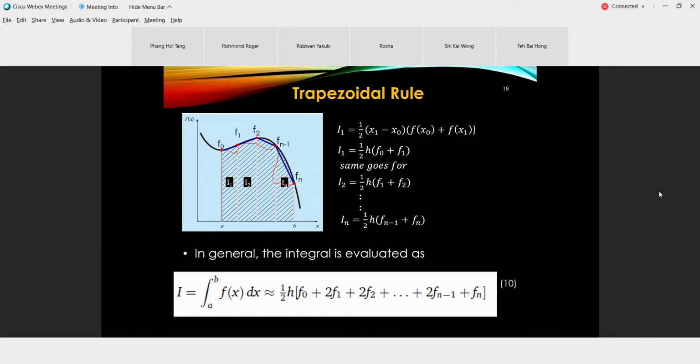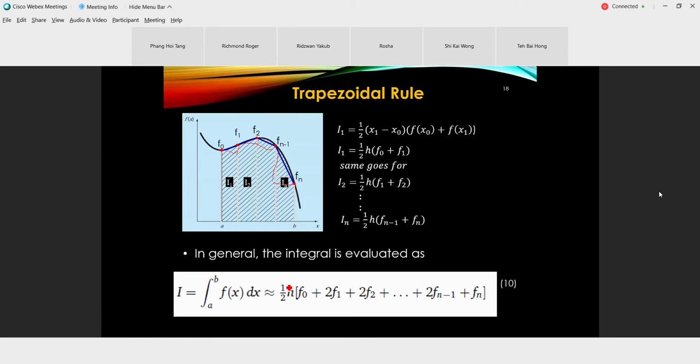Then we believe that using the trapezoidal shape, the accuracy increases. So we derive it the same way as the rectangular rule. We have I1, I2 and so on, but the general equation for the trapezoidal rule to solve the total integration value is